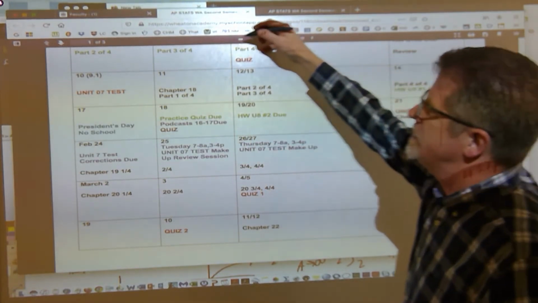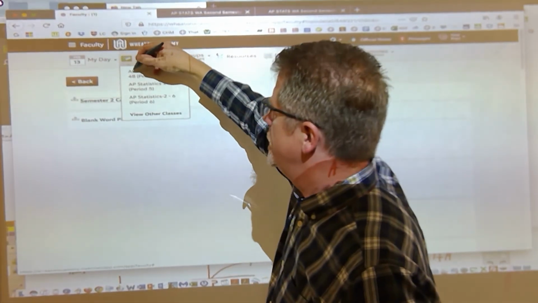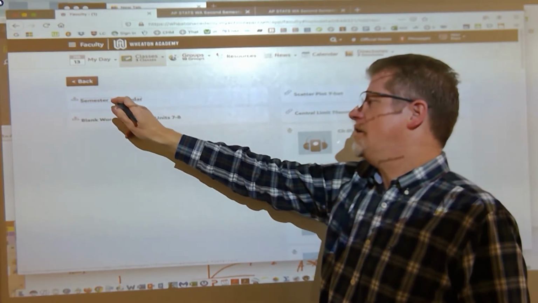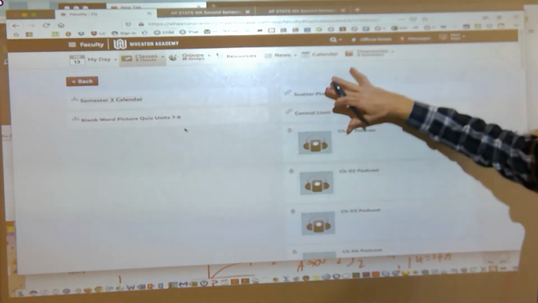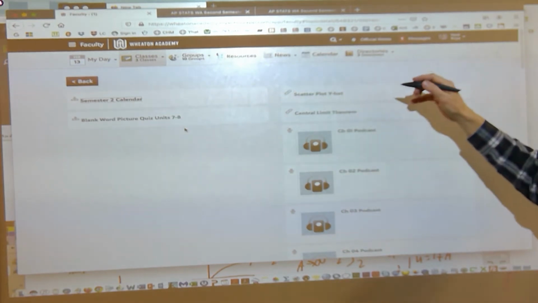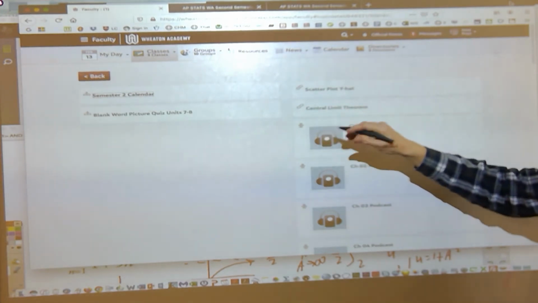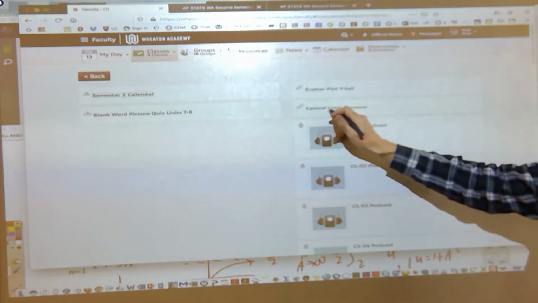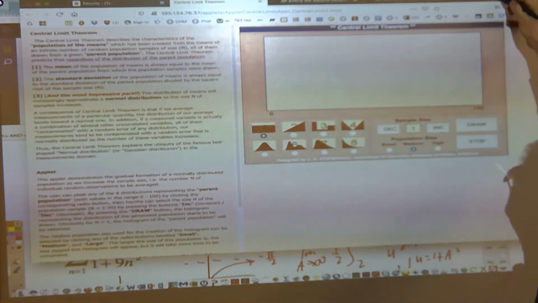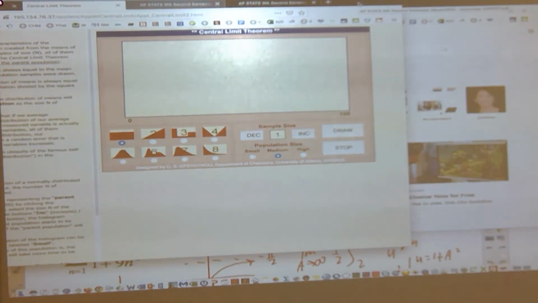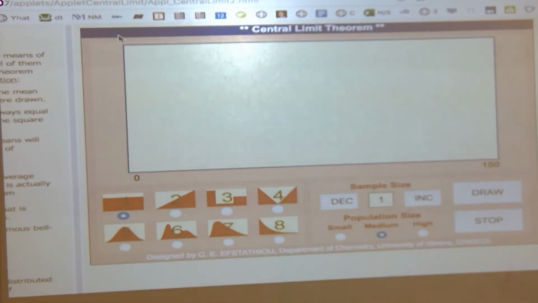We're going to take another look at some new things that have appeared in terms of resources. I teach periods 4, 5, and 6, so I had yesterday off. Look at the fun I was able to have on the topic called general resources. I found a central limit theorem link that my Java program wasn't letting me look at, but somehow I must have updated Java, and now I can actually access it. This is a central limit theorem link that has been oh so valuable for so long. I finally have access to it again.